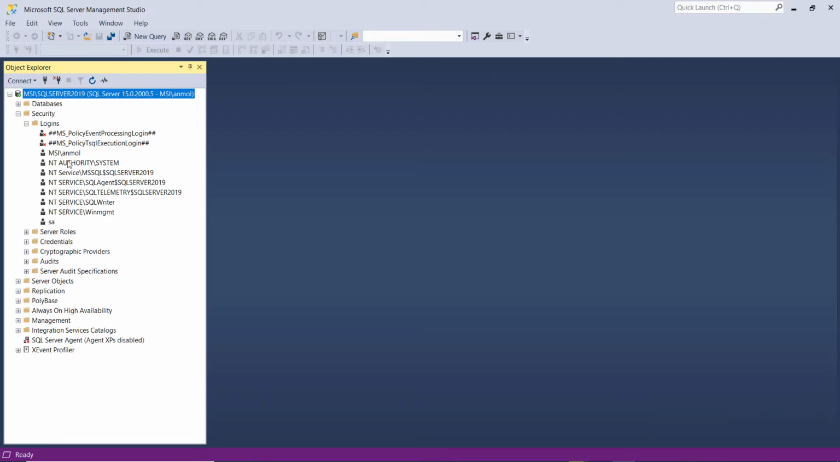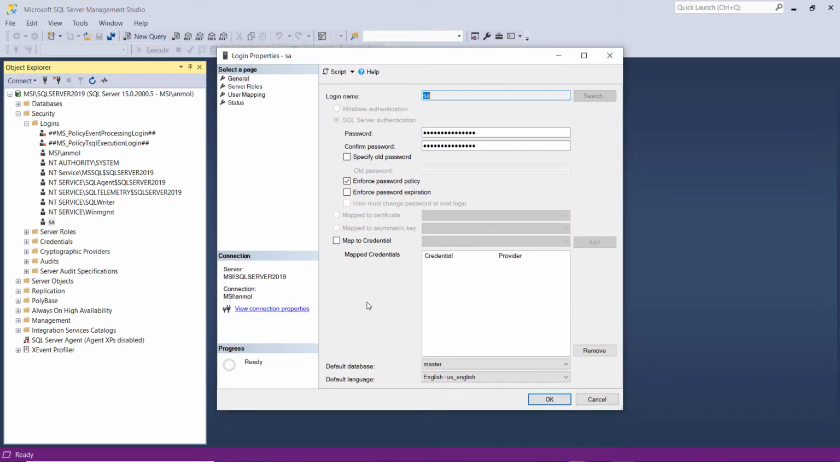This is a SQL Server authentication account. Let's go ahead and right-click on the SA account and come down and choose Properties from the pop-up menu. This is where we can come to reset the password if we forgot what we put in when we installed SQL Server. You can either type in the new password and confirm the password in these two boxes here,